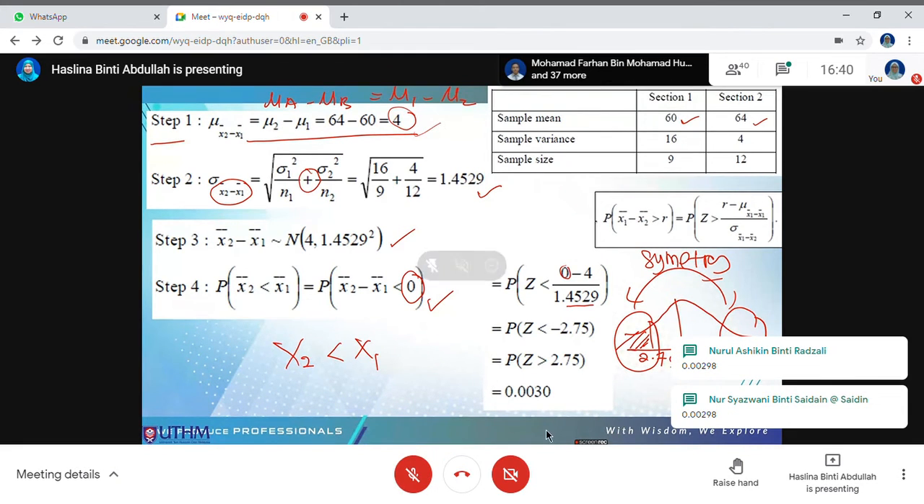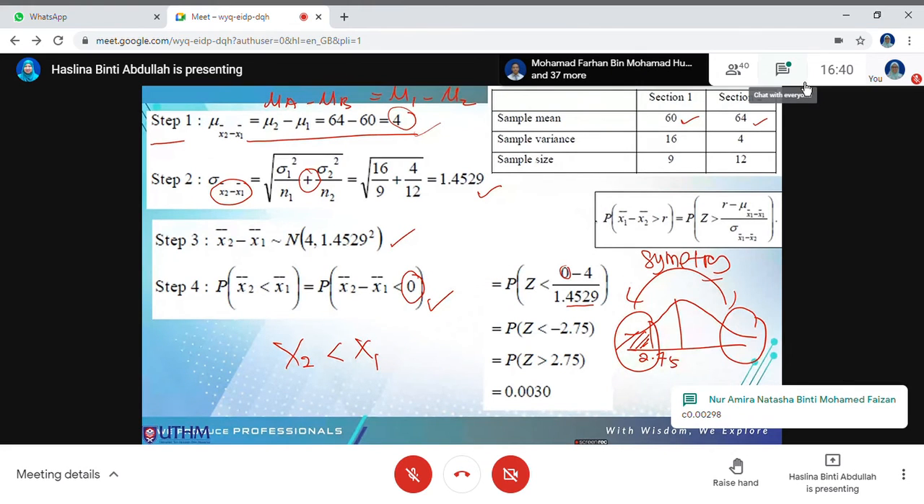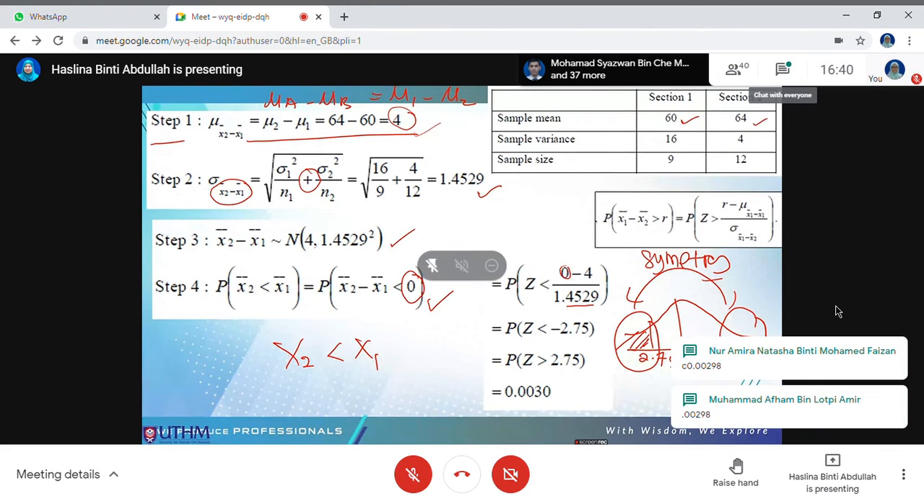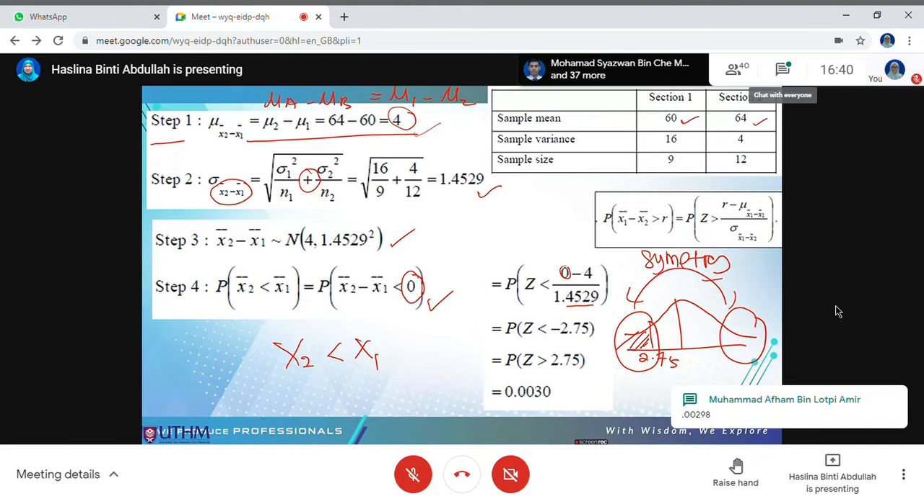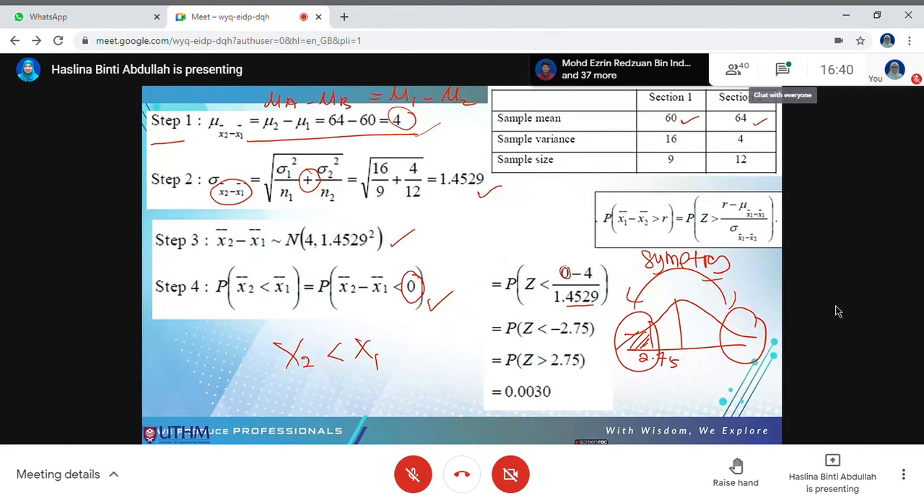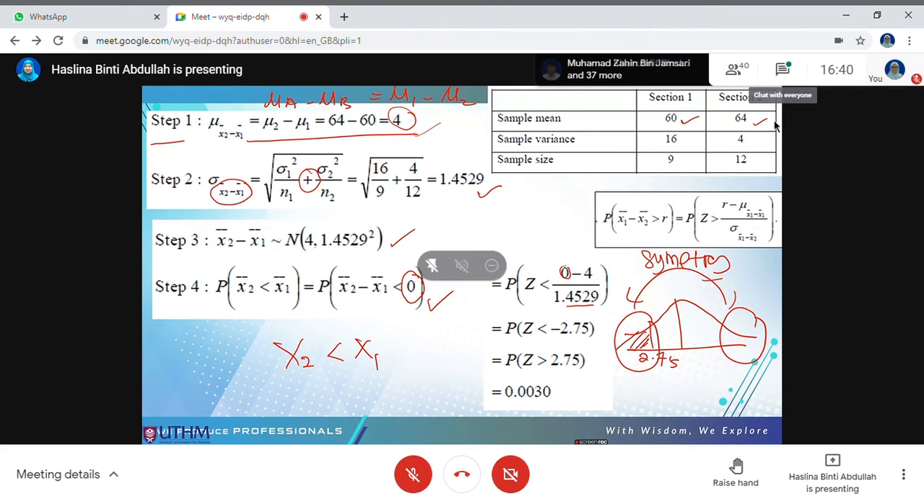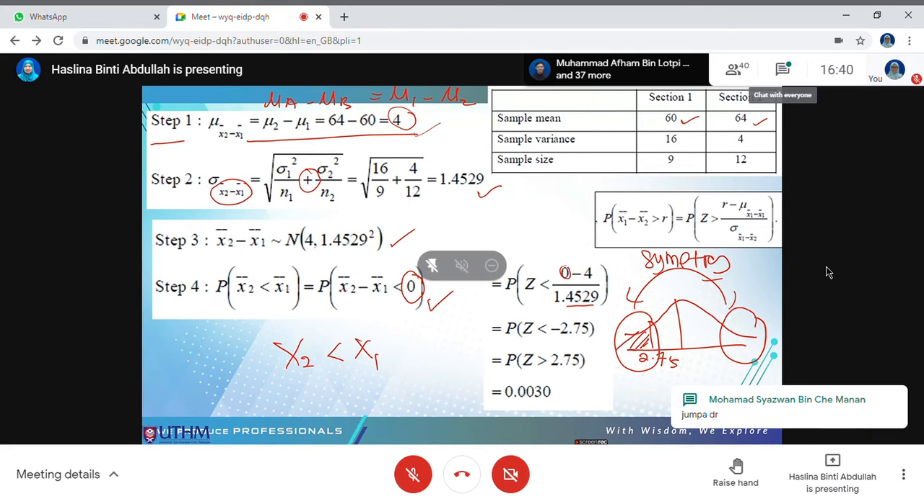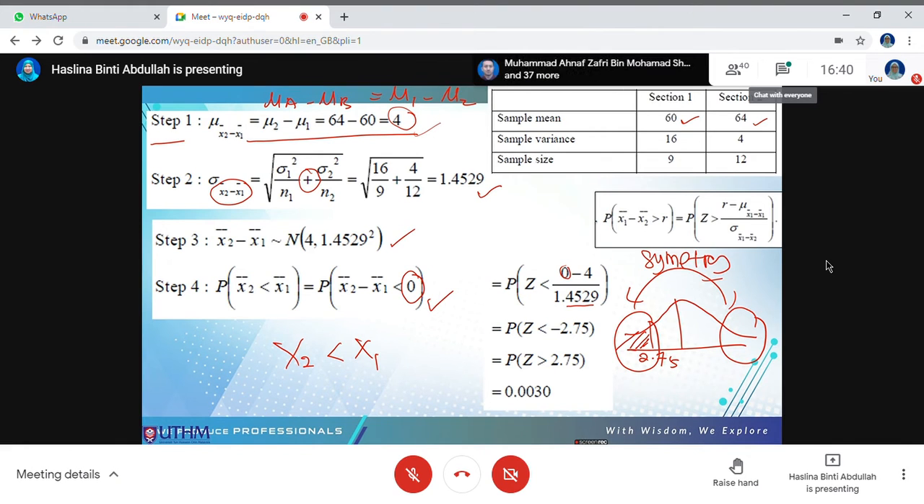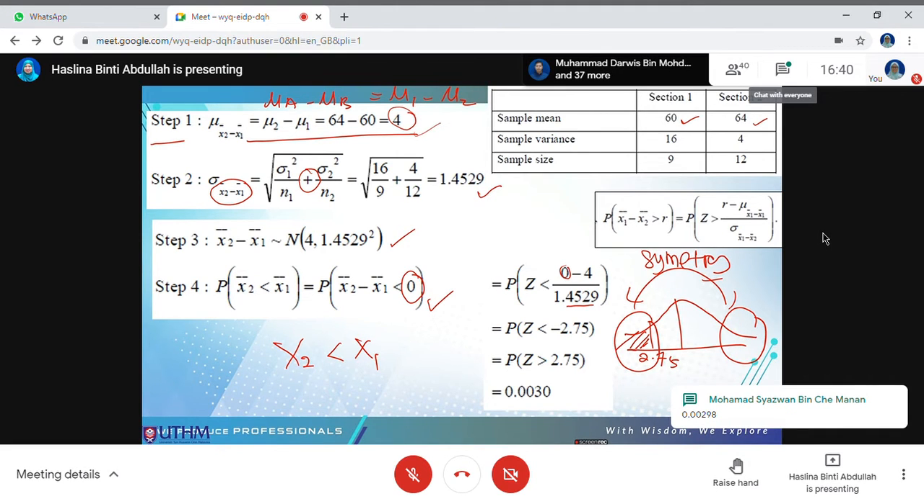Thank you Nurul Ashikin, Nur Syazwani, thank you. Thank you Amira, we wait for Syazwan first. Syazwan, did you find it? Thank you Afham. It's so quiet. Thank you Ezrin. Syazwan, did you find it or not? Okay, found it, Doktor. So what is the value? Found it. 0.0298. Okay,